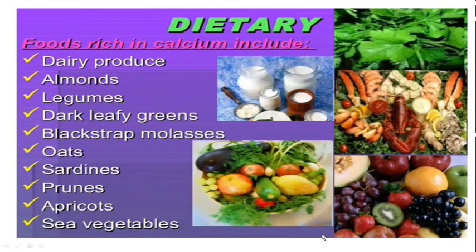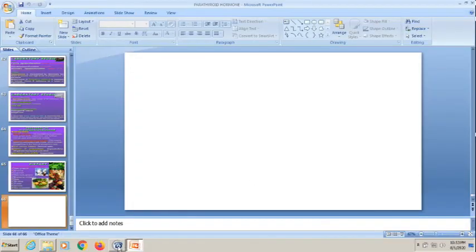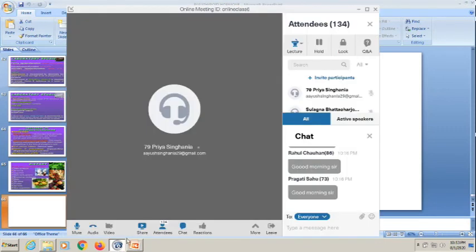This is a basic presentation of the diet which is rich in calcium, which can be used in patients with hypoparathyroidism. So this is all for hyperparathyroidism and hypoparathyroidism. So I've quickly wrapped up this parathyroid part, and we have come to an end of the endocrinology section. And now we'll start with a new system in the next lecture. And if you have any queries, you can let me know.